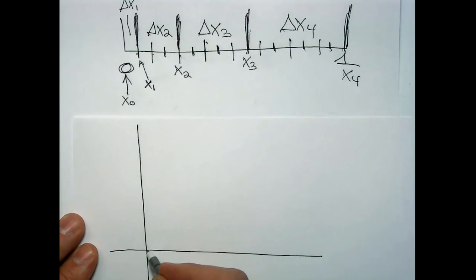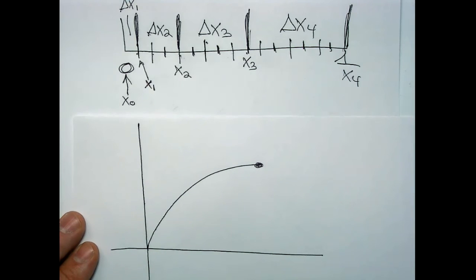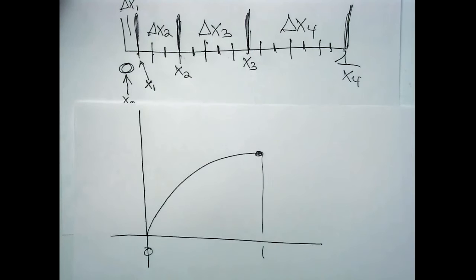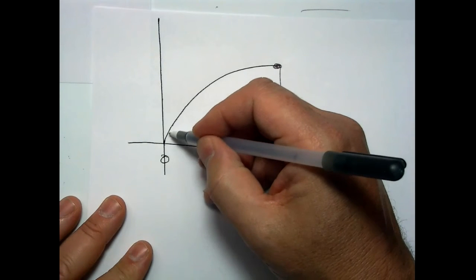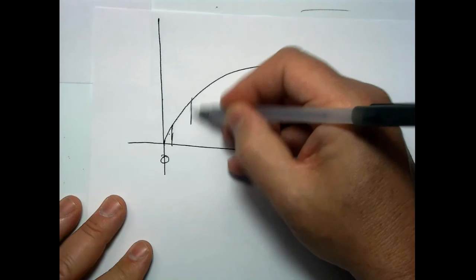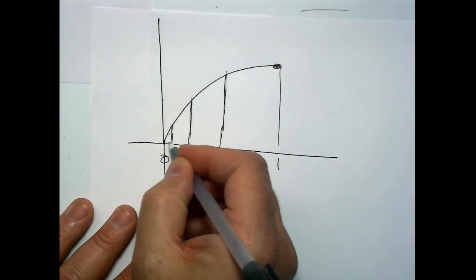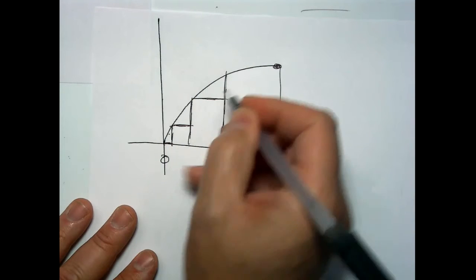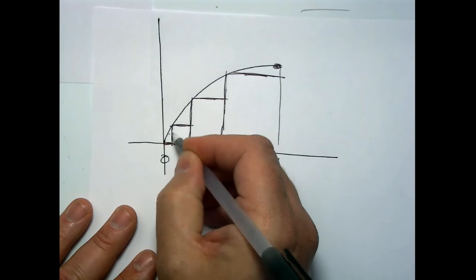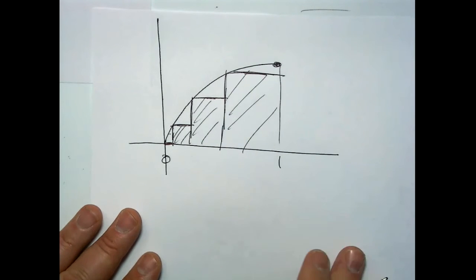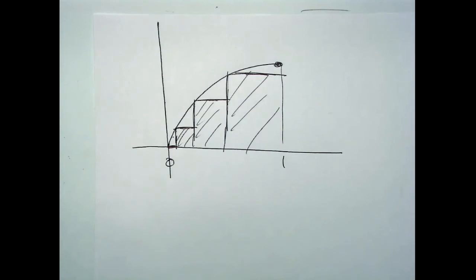So again, we're looking at the square root of x, and we're running it from 0 to 1. And the only difference is now I've basically broken this up in a different way. So what's going on here is that if we want to do an underestimate, we could do this. Okay? So there's no area on that first one. We get some area here and here. So by having a variable delta x, which is going to introduce a little more complexity into the problem, will that prevent you from still getting the exact area? And the answer is no. It'll still allow you to get the exact area, because